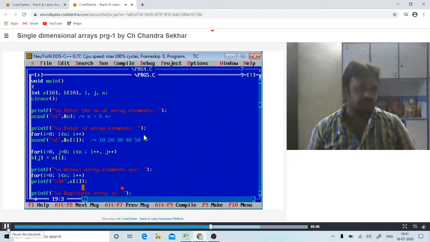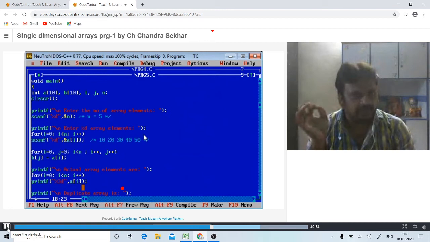After executing this statement, it moves to the increment part of the for loop. At every element copied from one array to another, I am incrementing both the actual array index and the duplicate array index. So i plus plus and j plus plus. I plus plus is the actual array index. J plus plus is the duplicate array index. Okay, so the i value is incremented and the j value is incremented. I value 0, j value 0 initially, 0 plus 1, 1, 1.